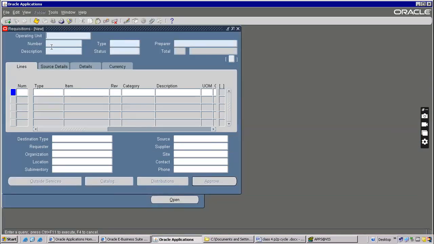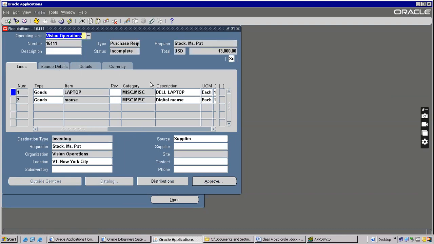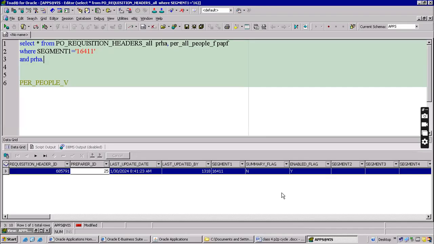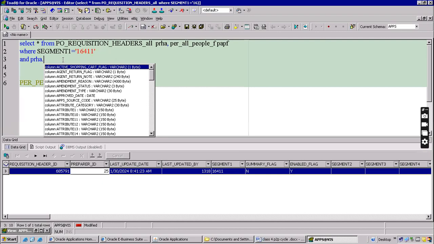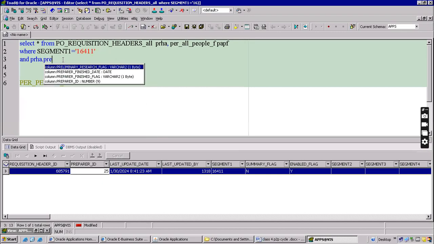F11 number. Okay, we are talking about preparer. Go back to preparer ID. Preparer ID, yes, perfect.